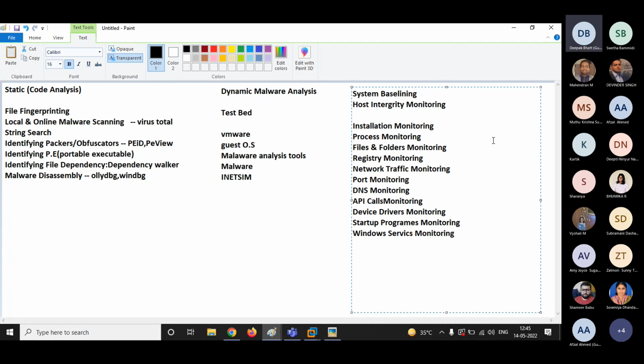These are the things that we perform in host integrity monitoring. I'm going to explain them one by one.